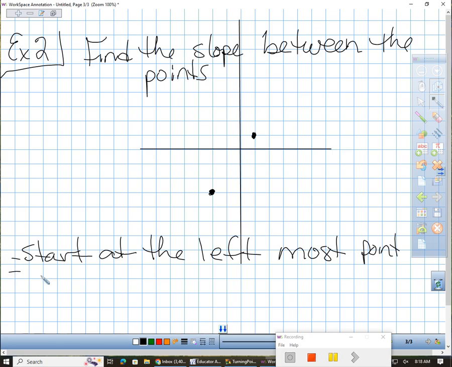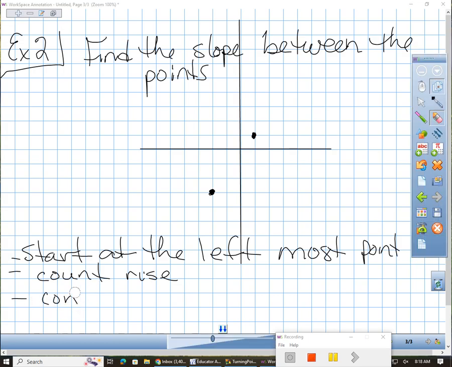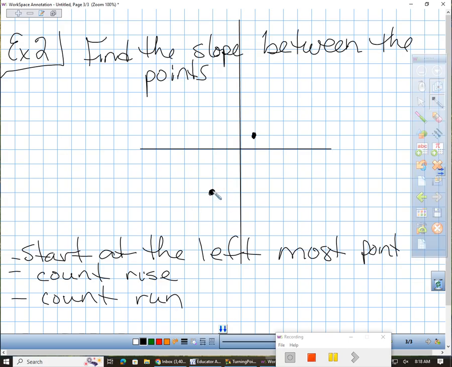And then we count rise, and then we count run. All right? So on this one, we're going to start at the leftmost point, which is this one at